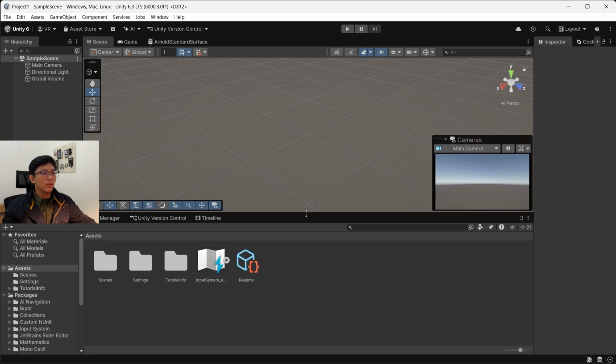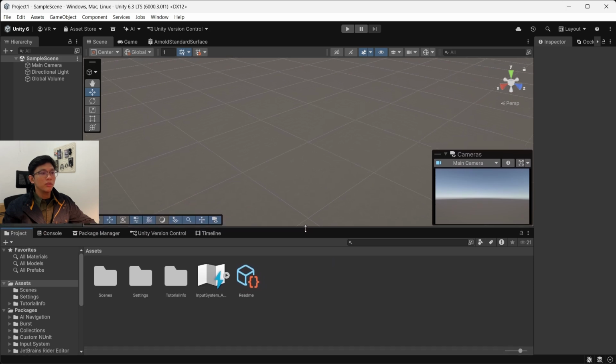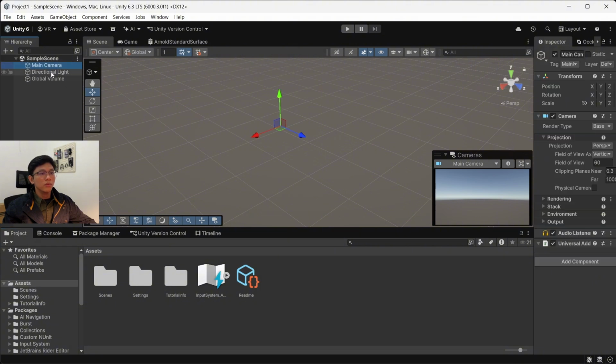First, there is the main camera. The main camera is the primary camera that displays the game view on the player screen. It determines the viewing angle and the visible area when the game is running. This object has the MainCamera tag so it can be recognized by the Unity system.